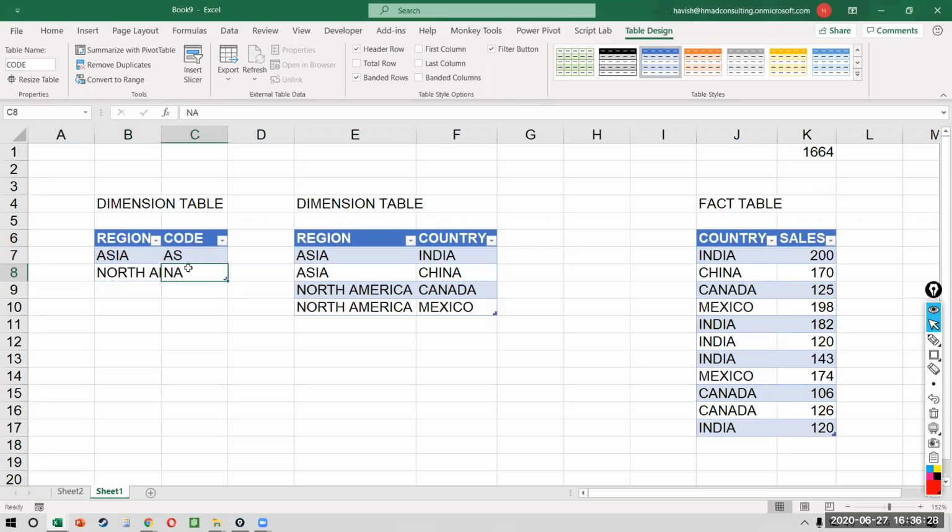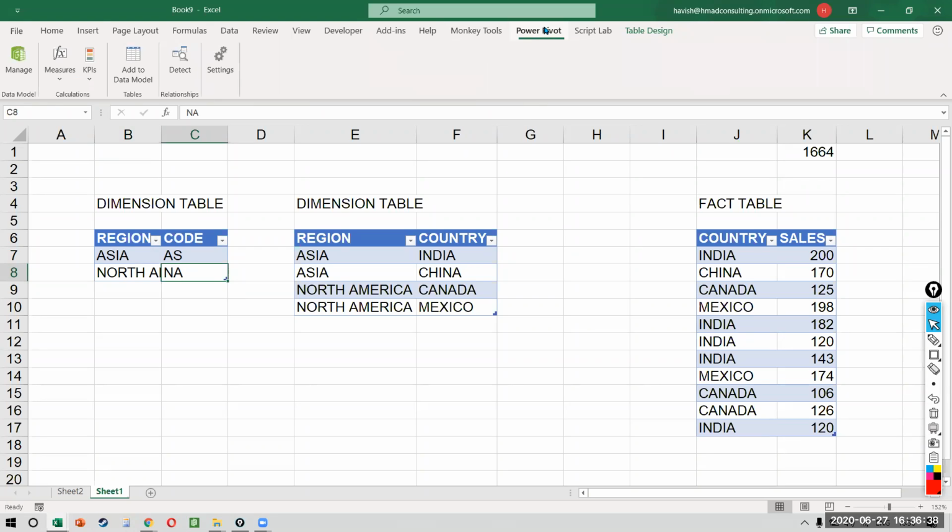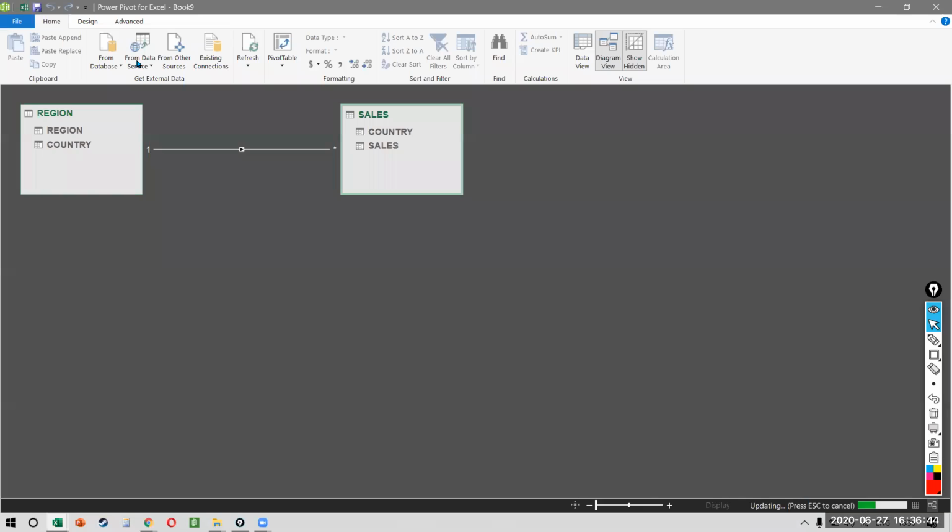We know what to do. We want to send this data to Power Pivot now. How do we do that? Because the model is already created, I don't want to create another model. I want to add this table to the existing model. On Power Pivot, we can say, add the table to the worksheet data model. So I'll click on add to data model. And you notice the third table also gets added.